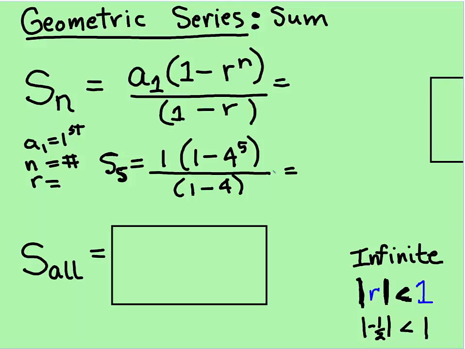So 4 to the 5th is 1,024. 1 subtract 1,024 is going to be negative 1,023. Negative 1,023 times 1 is still negative 1,023. Divide by 1 subtract 4, which is negative 3, and you will end up with negative 1,023 divided by negative 3,